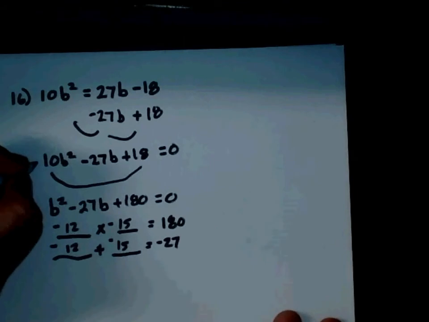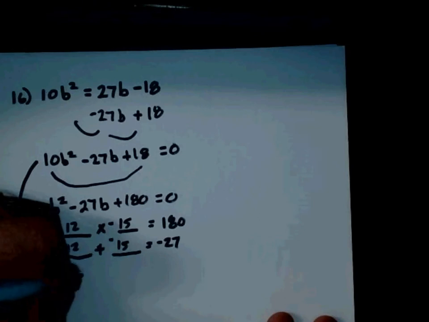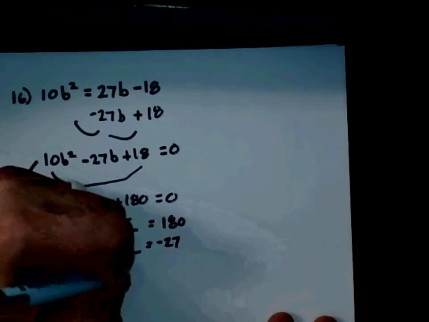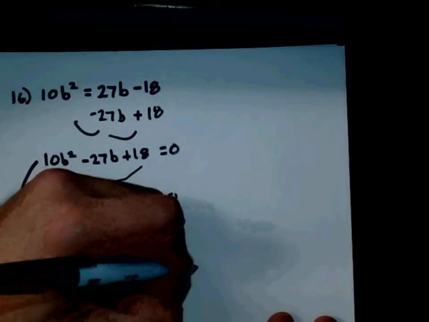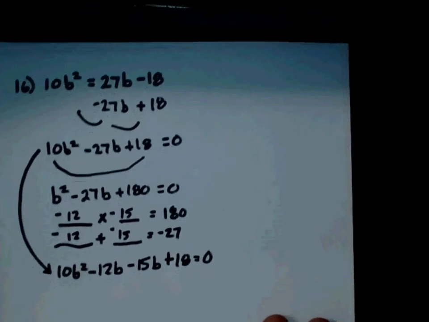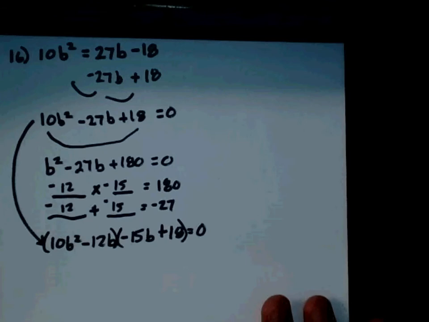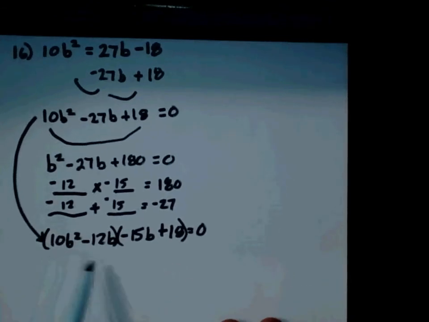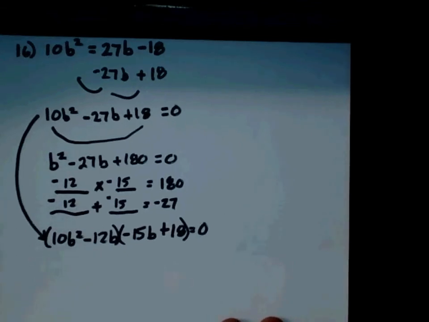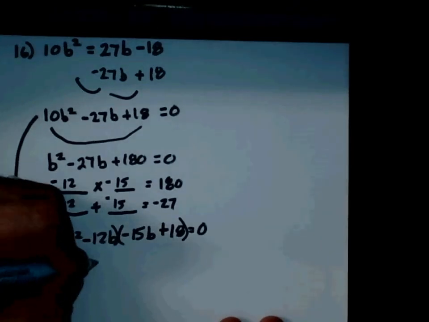Now when I bring this down, I'm going to bring down the original equation. So it's going to be 10b squared minus 12b minus 15b plus 18 equals 0 that I'm factoring. These are my groups. What I pull out, and this is why both my answers are fractions, is not the whole thing. I'm pulling out the common factor between 10 and 12, which is 2, and it's 2b because I have a b and a b squared, so I'm left with 5b